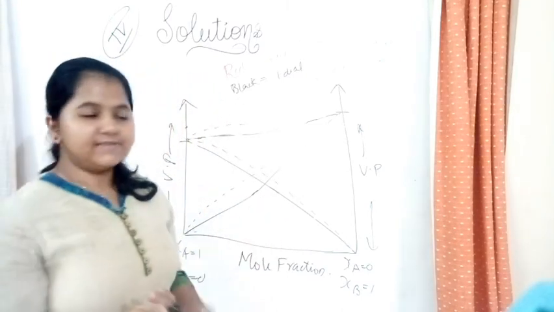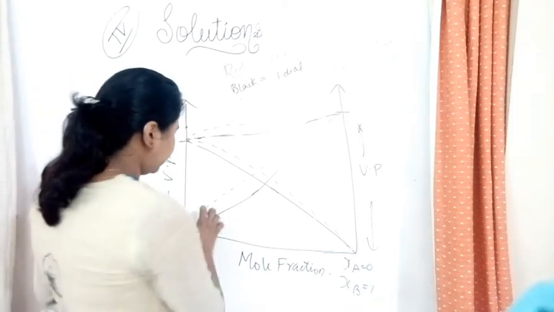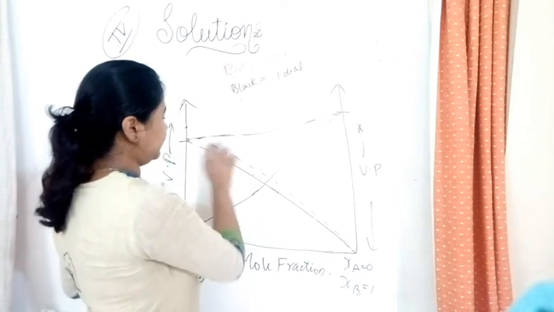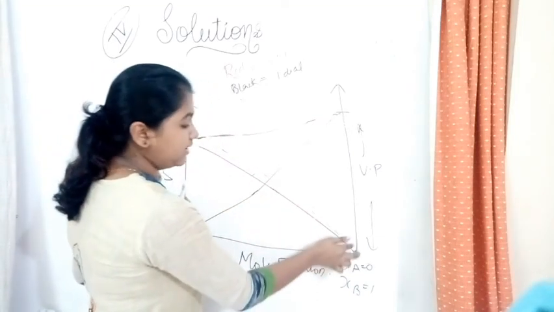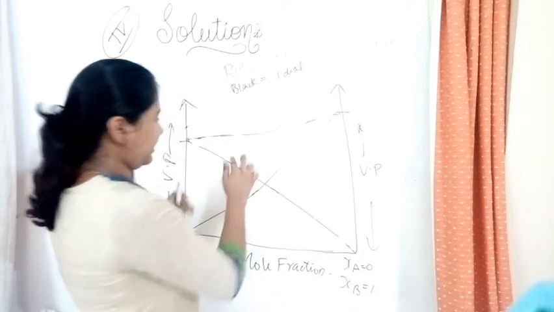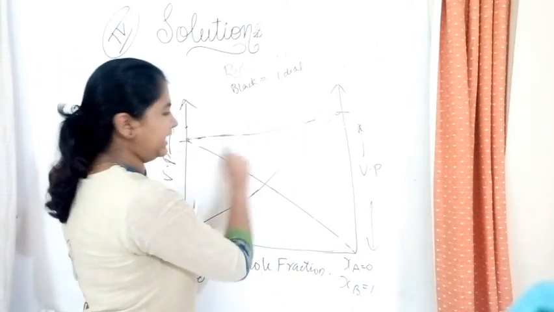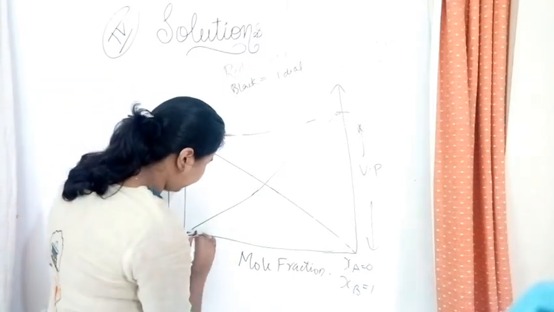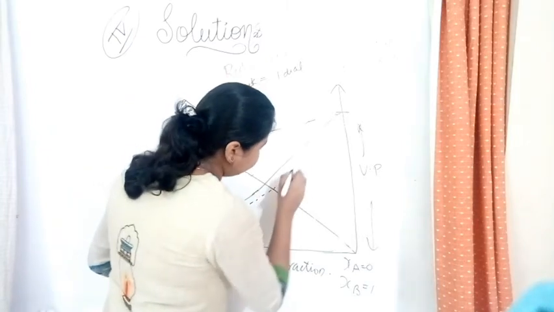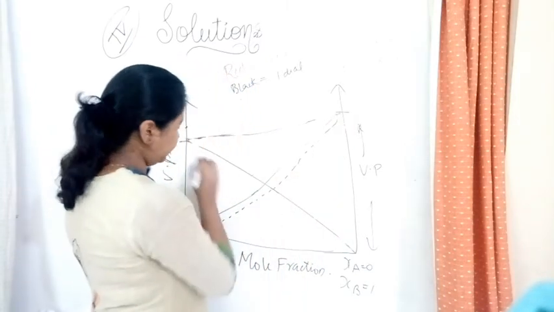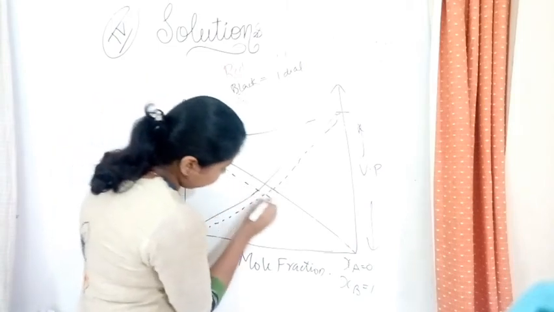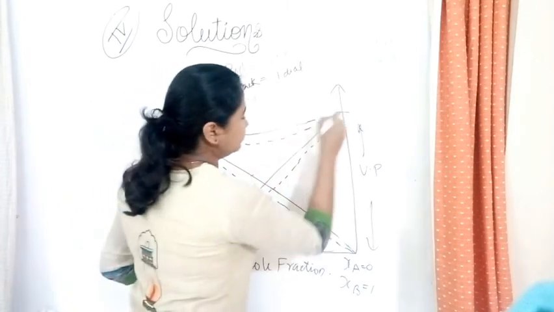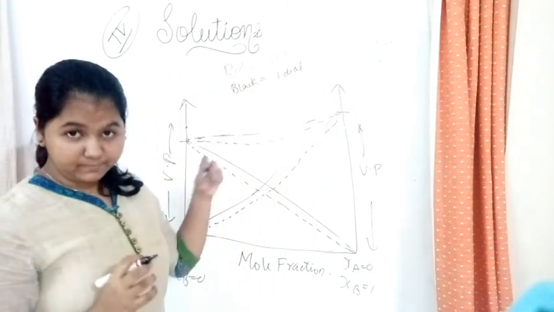Okay. So in the case of negative deviation, what would happen? This would move and the green lines which we drew before would come into place. So that would be below this ideal solution. Over here, and did you notice all the lines were above the ideal solution lines? Am I right? Now what happens is it's below. So I'm just using black itself. So it will look like this. Even here it is below. See? Here also it's below. So this is the negative deviation.